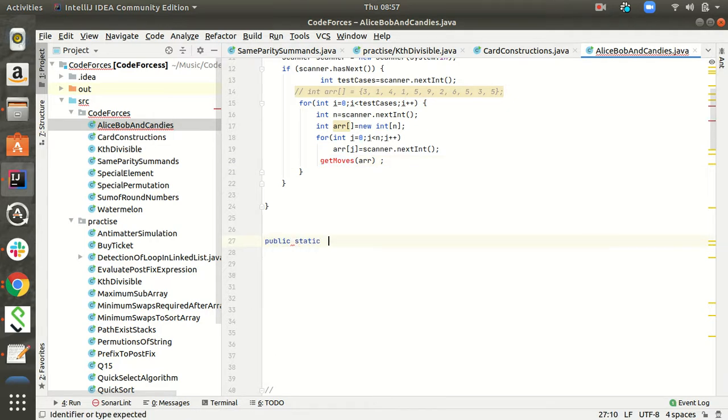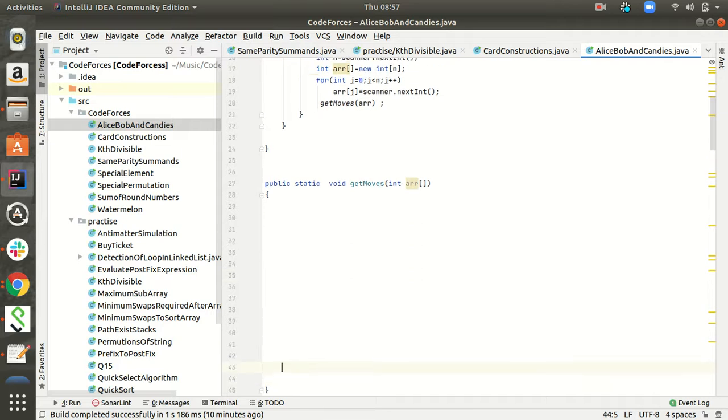It will be void type, and it will print the count of moves, candies Alice ate, candies Bob ate.